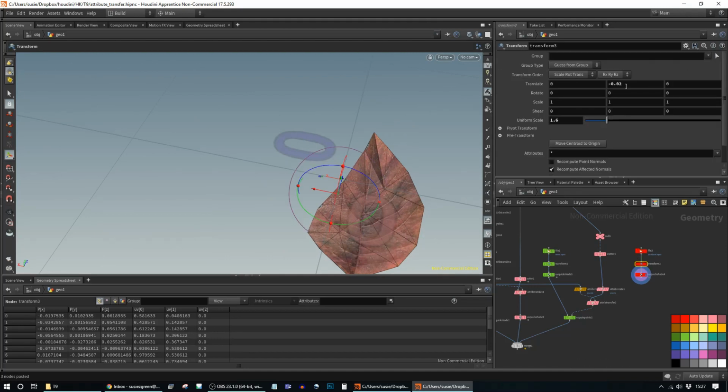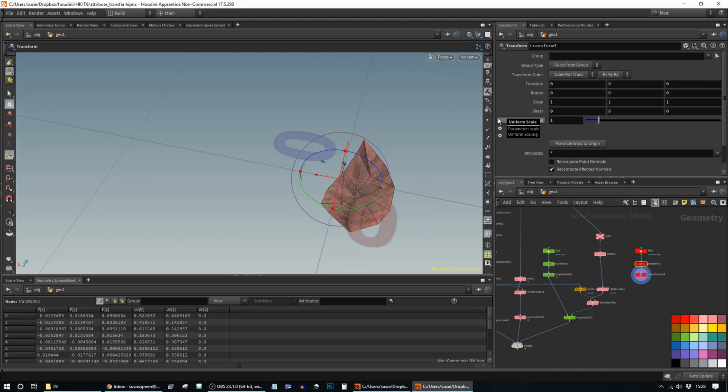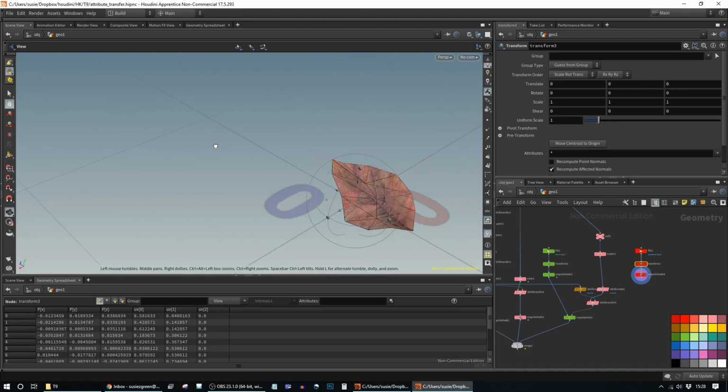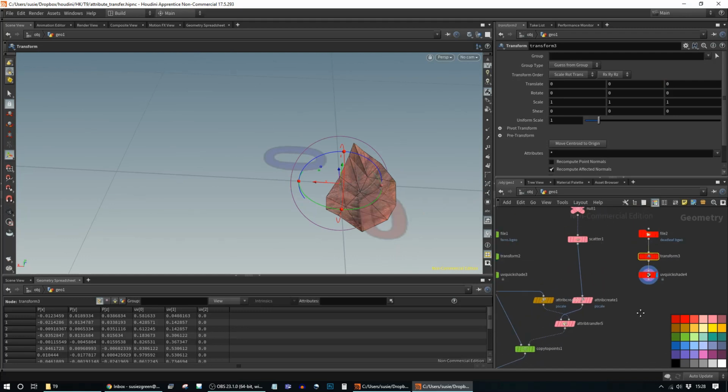And I don't want that transform anymore, at least not yet. So here we just have a really simple dead leaf,